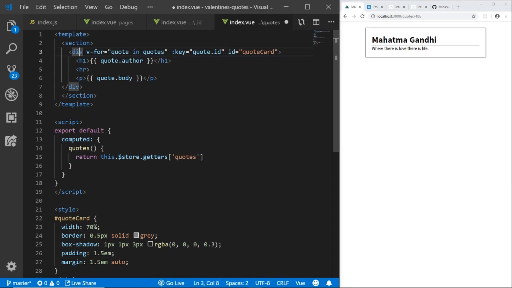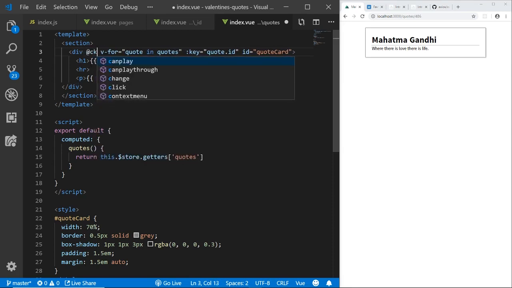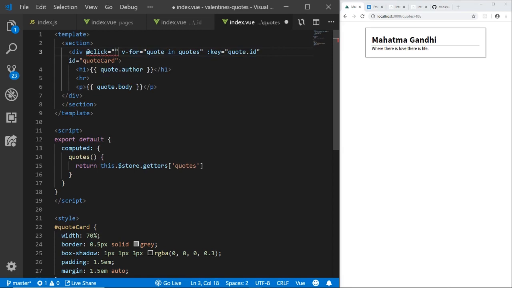So this entire div should be clickable. So we'll do add click. We'll use the router for this. We'll do $router.push. So this will just push it into the router, and we want to go to quotes, and we want to append that ID. So quote.id. So let's see if that works. Save, go back to quotes,